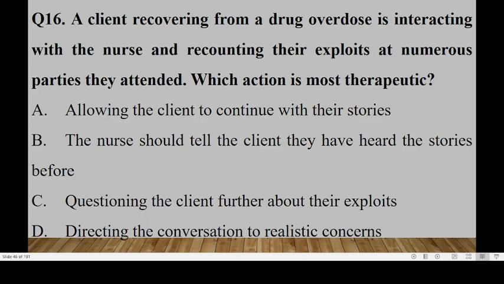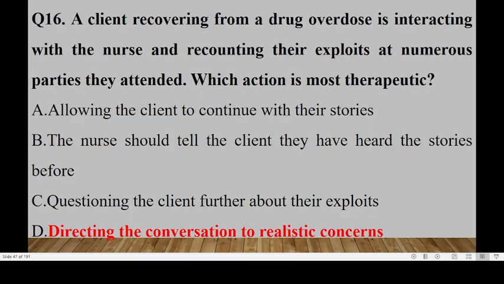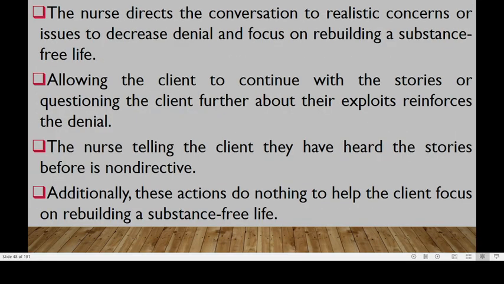A client recovering from a drug overdose is interacting with the nurse and recounting their exploits at numerous parties they attended. Which action is the most therapeutic? You direct the conversation to more realistic concerns as a nurse. The nurse has to direct the conversation to realistic concerns or issues to decrease denial and focus on rebuilding a